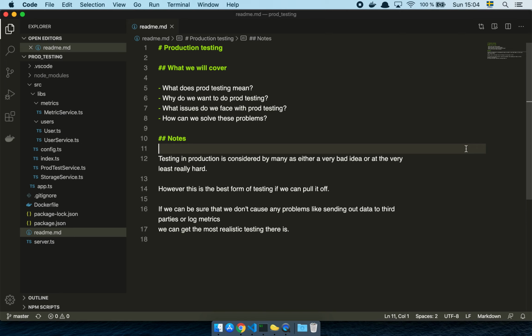So testing in production is one of the most controversial things that you can possibly suggest at a company, because the usual consensus is that this is a really, really bad idea. And the reason why it's a very bad idea is basically because, as you can imagine, if you're running tests against a live system, the least of your worries is going to be the possibility of you breaking something. You're releasing application code